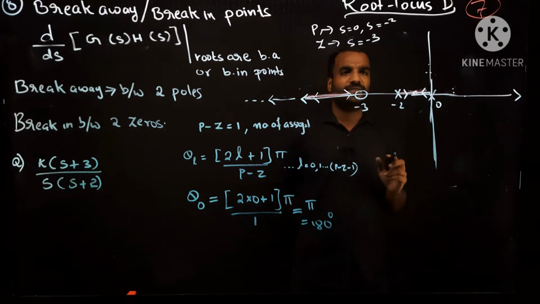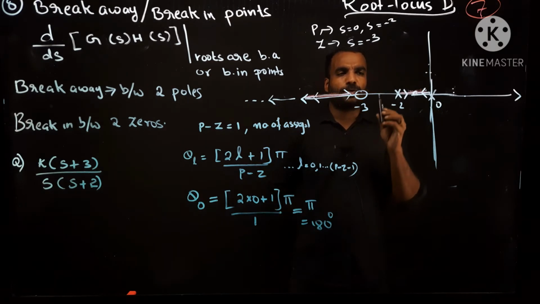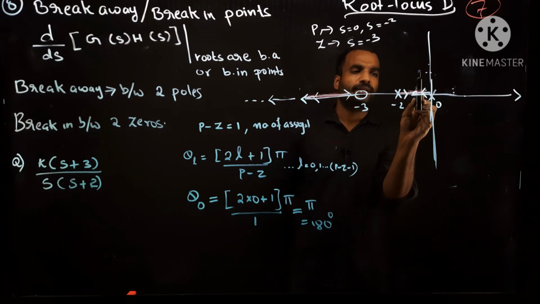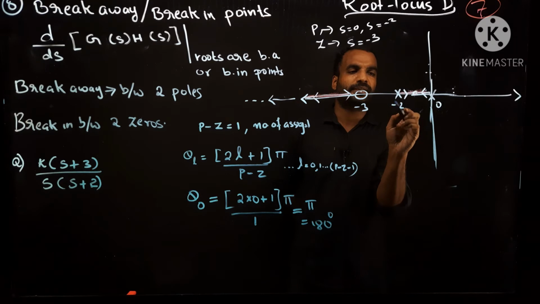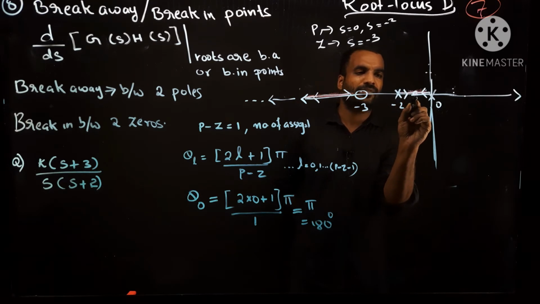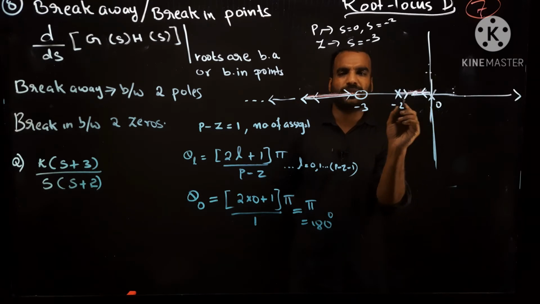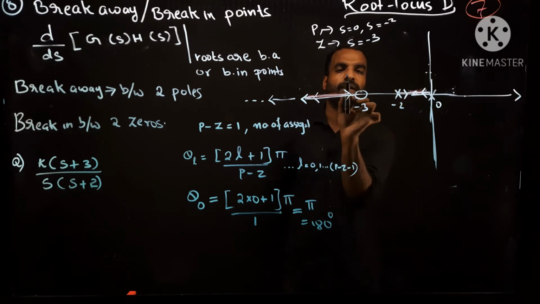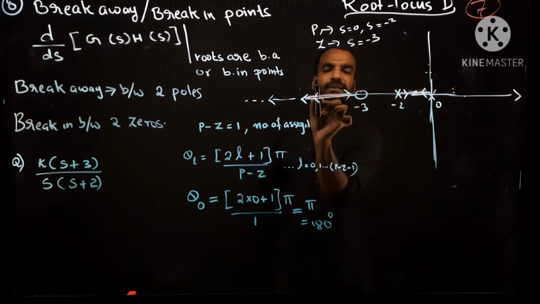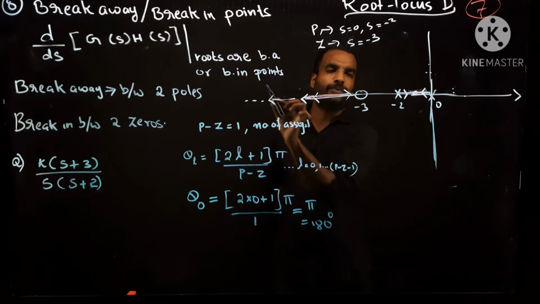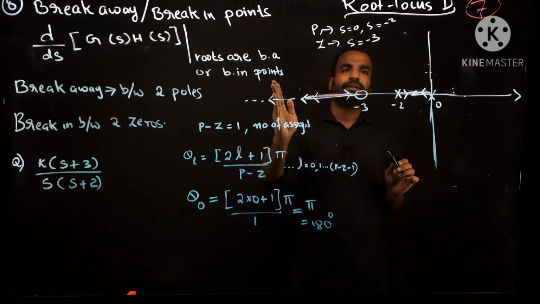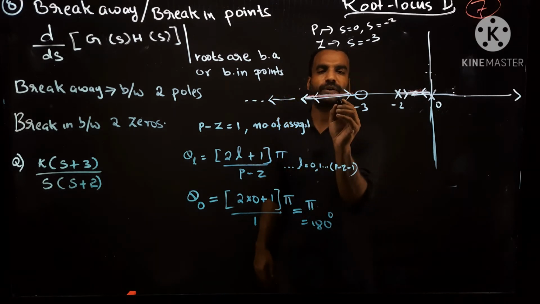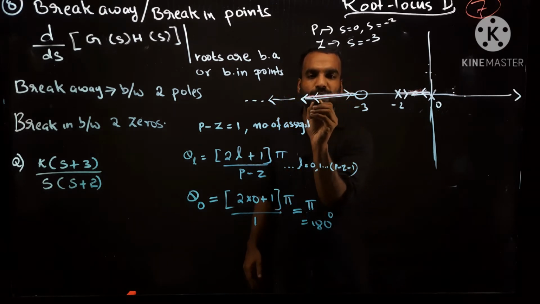Then rule number 7: whether the root locus is present in all the sections. So we are checking for an odd number. It is present in this area. We already marked it, I am just repeating. And in this area it is not present, because 2 is an even number. Here 3, it will be present up to infinity, because at all points up to infinity, the number of poles plus zeros to the right side is odd. So it is present up to infinity.